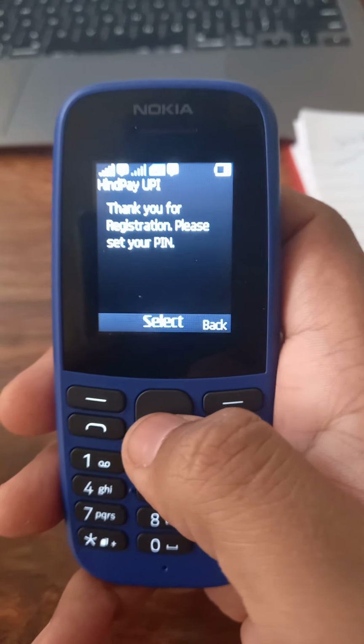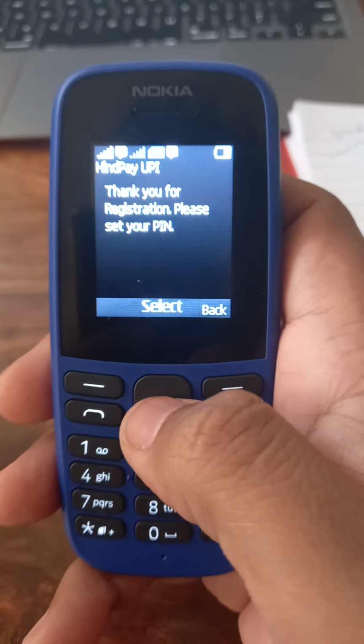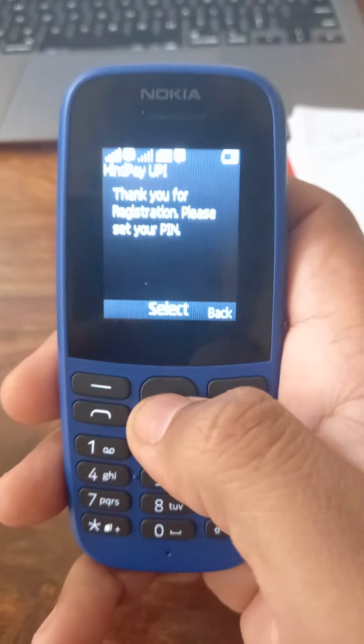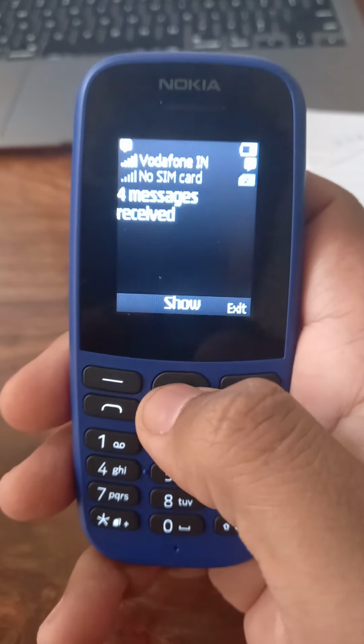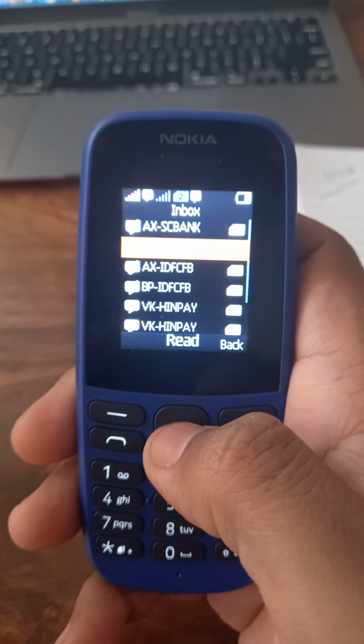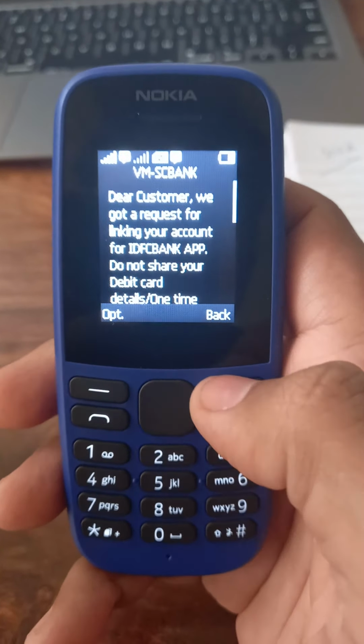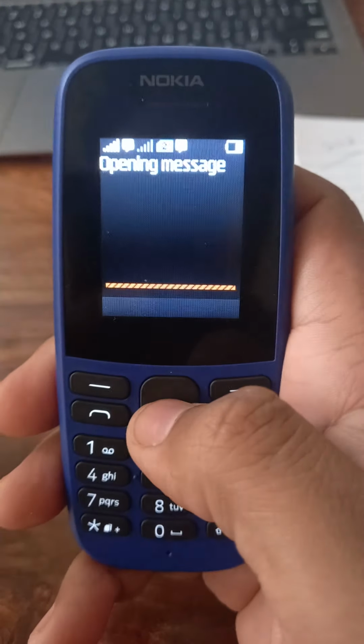See, I have got the message: thank you for the registration, please set your pin. For setting up the pin, let me show you. I have received an OTP from Standard Chartered Bank. Let me note down the OTP somewhere.